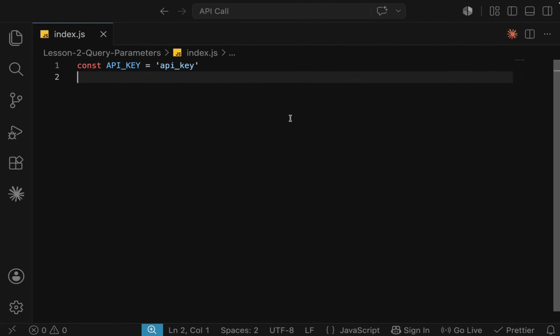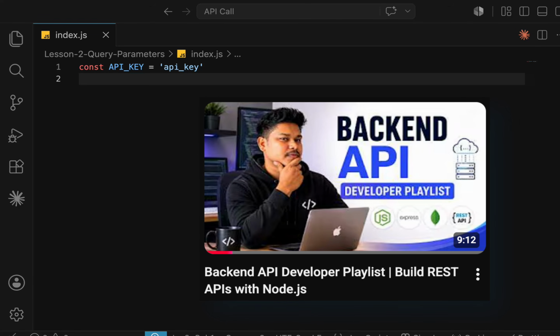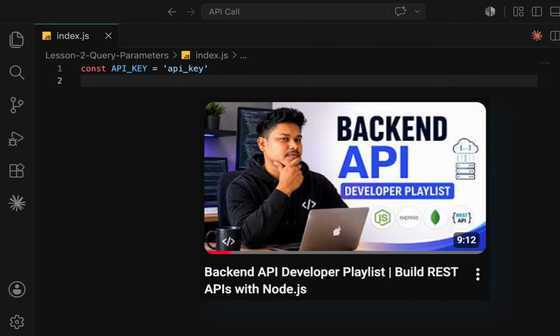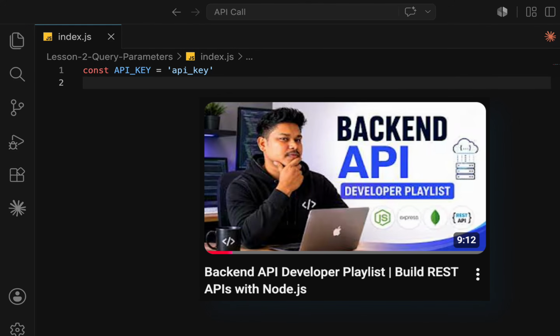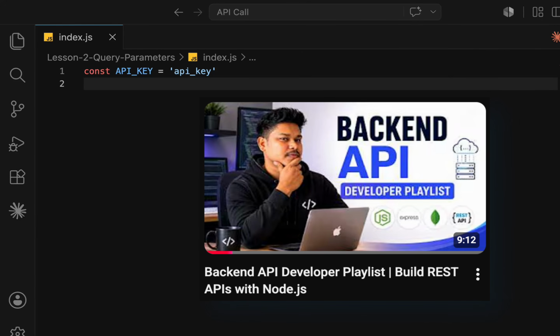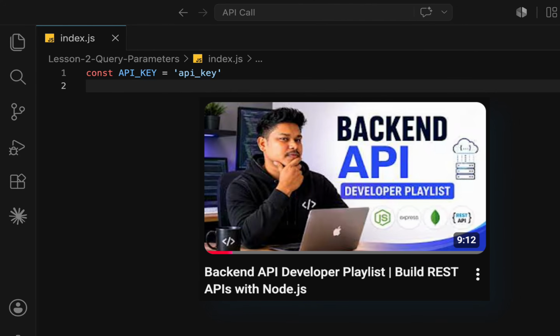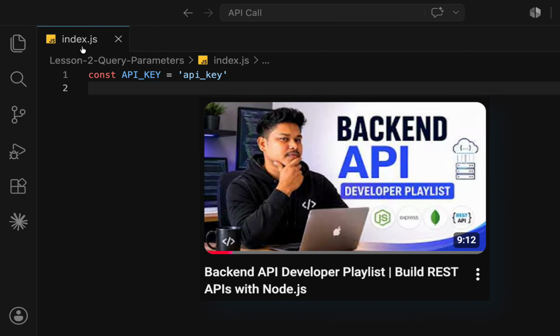In the last video, we learned how we can manage and make an API call to our CoinStats API provider to get the data, design the structure, and follow the authentication model. That's all we have covered. In this lesson, we're going to master the query parameter, that is, how we can add filtration and a query model on the API request. So right now you will find that I have created a particular file called index.js, and this is